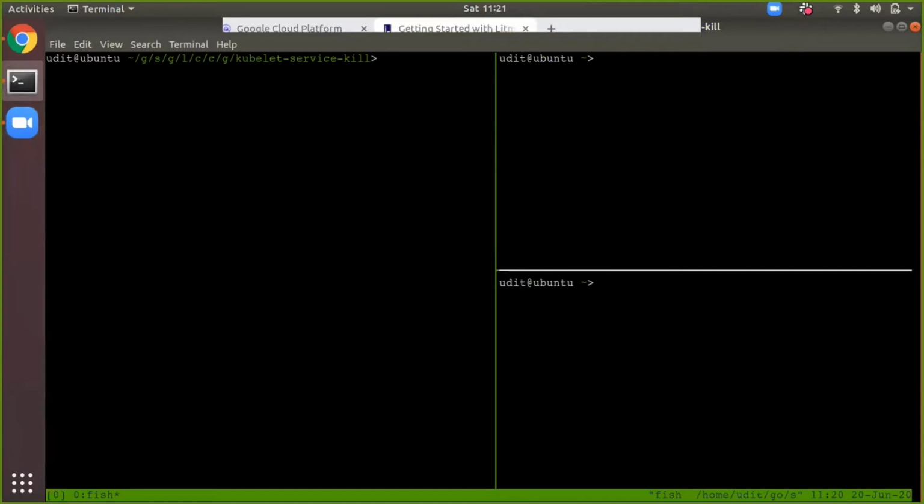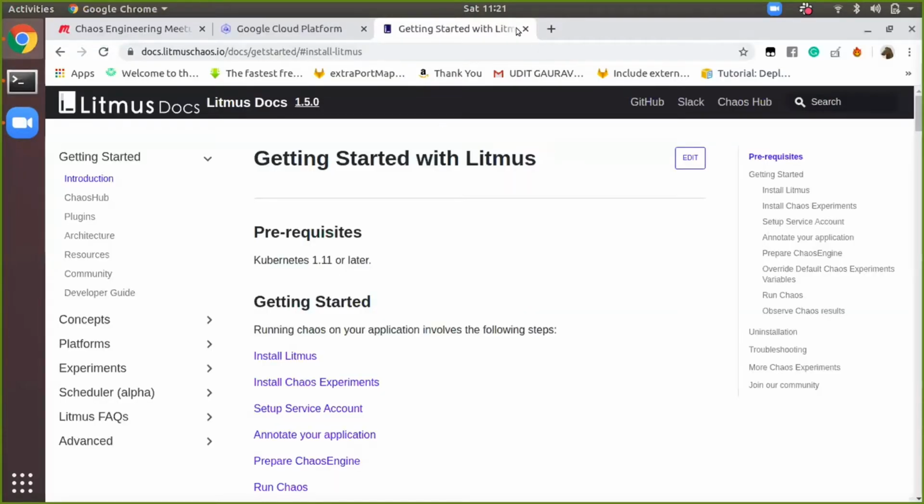The feature that has been added is actually one experiment, the kubelet service kill. It is just an enhancement of our infra components. If we divide the whole set of experiments, we have application level experiments and some infra level experiments, which are actually node level. The kubelet service kill brings the node into a not ready state, so we'll just start with that. We'll see what scenarios we get.